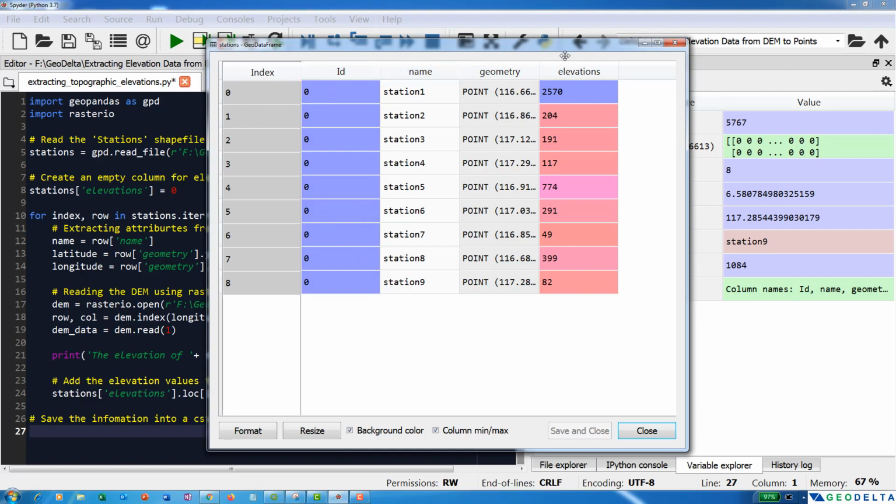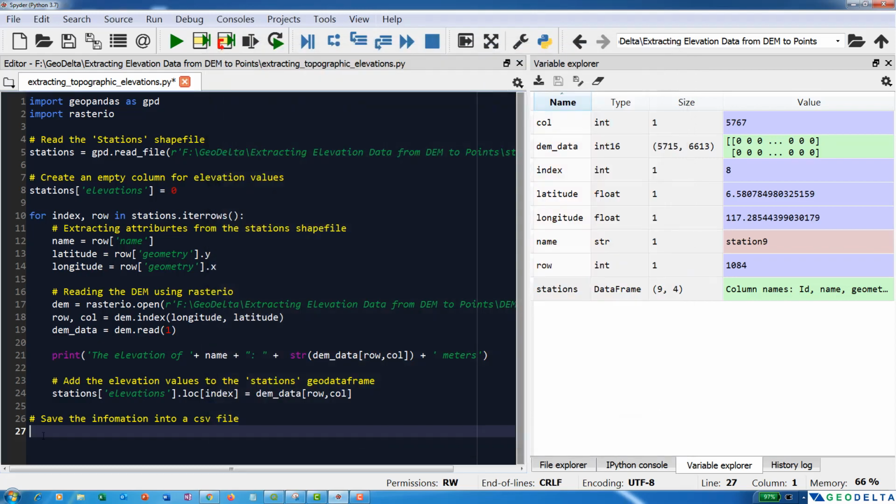We just need the name and the elevations columns. So we can say that elevations, which is a new variable, is going to be equal to stations. Still we are in the geopandas geodata frame, but over here I specify the names of the two columns which I need to extract, and when I run this,